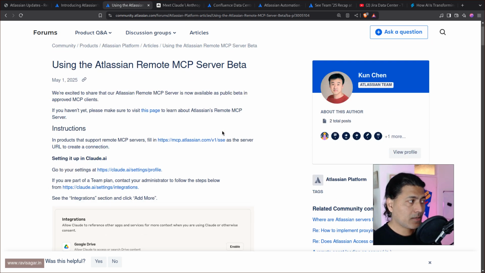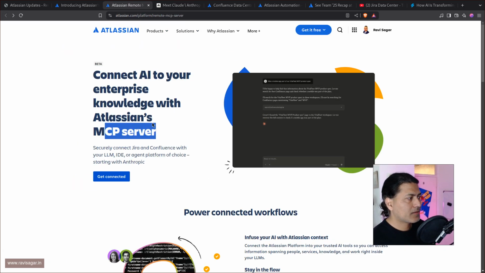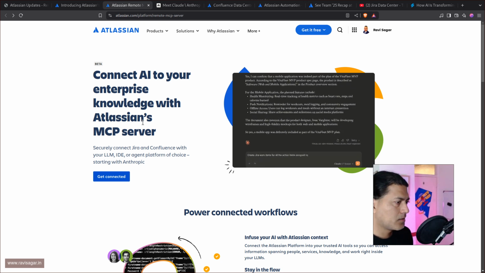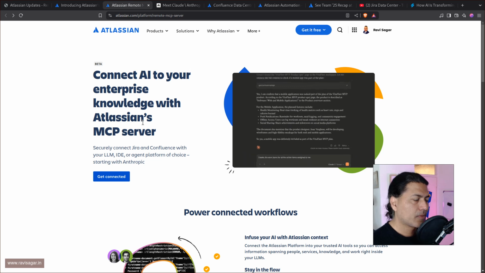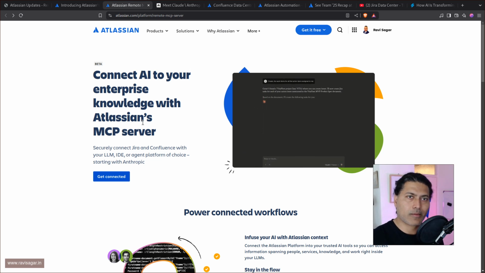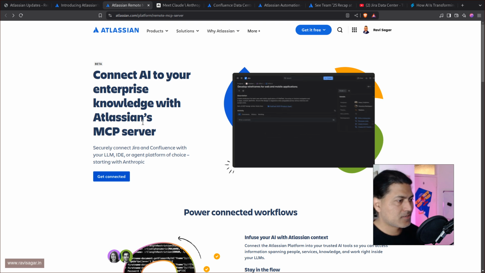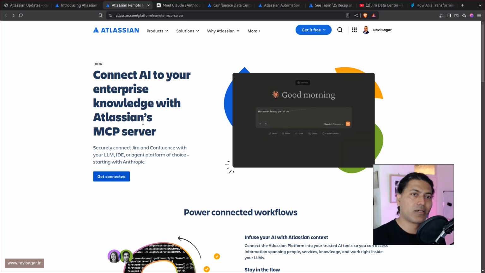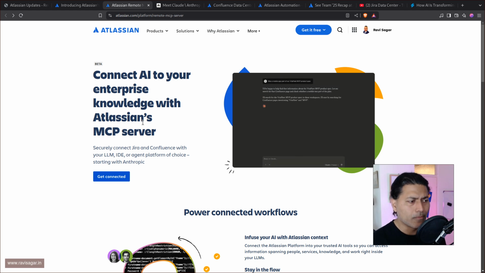And this is interesting. Maybe Atlassian is doing some kind of a thing where they have built this MCP server where it is like some kind of a bridge or a middleware. I don't know. Or maybe it is just a way to connect Jira and Confluence to some other models, right? So we will come to know.